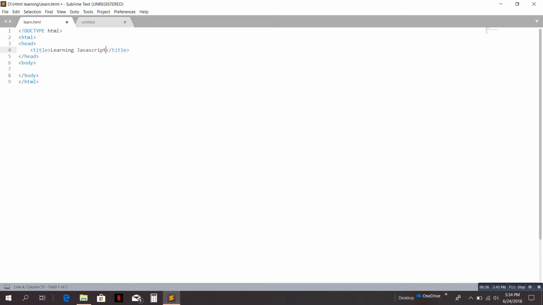Okay, now at first we will make a visual element in the body part and then we will write a function of JavaScript. For that, let's say we have an h1 or let's say h2 where we write Learning